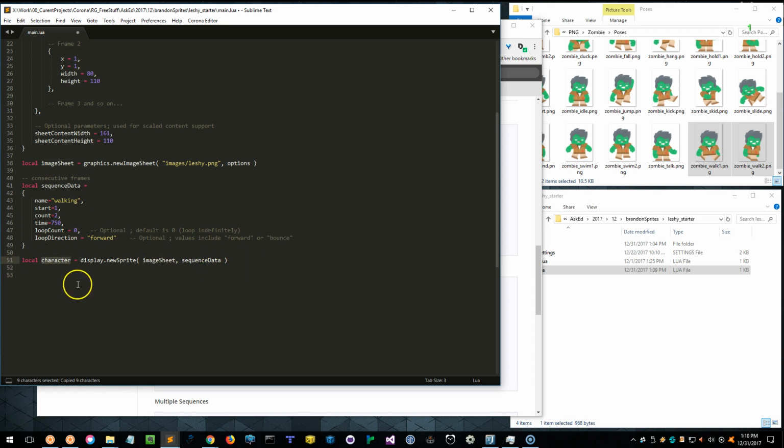Let's just do one more thing. Let's put this in the center of the screen. So x equals display.contentCenterX, copy that, paste it, y, and y, and hopefully I didn't make any typos. Let's bring up,